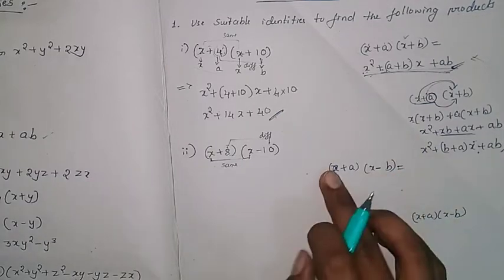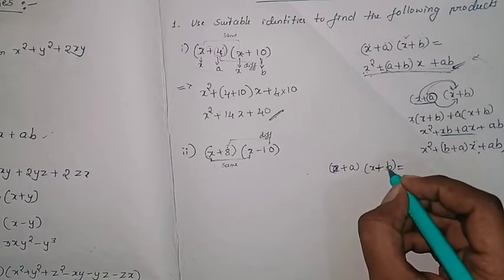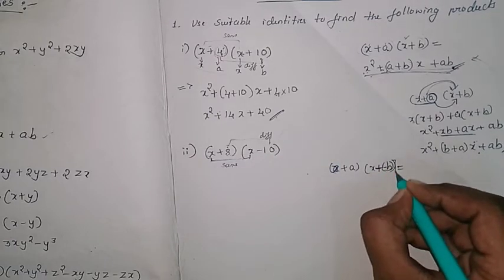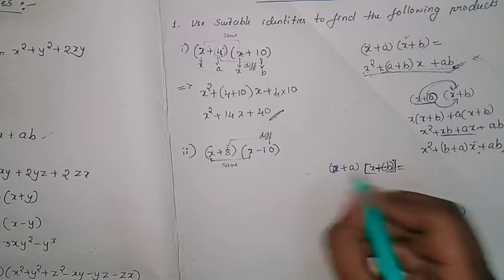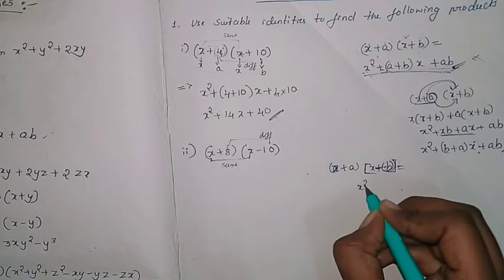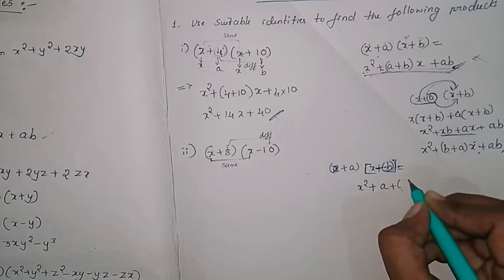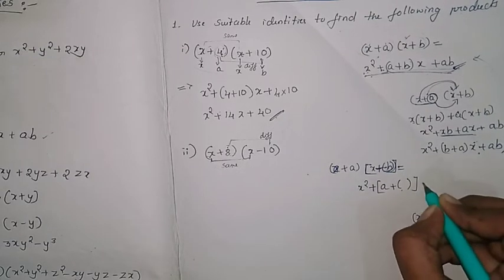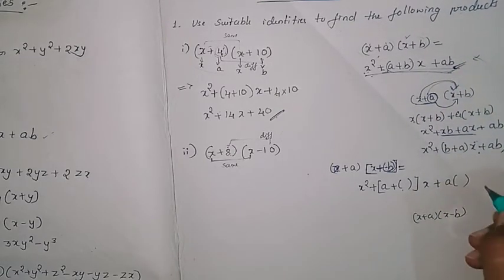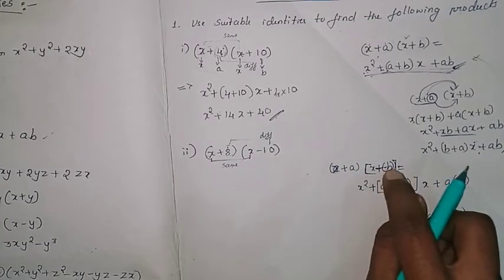Otherwise, one thing you can do: as you know the x plus a and x plus b formula, what I will do is, as they have given minus b, I will keep this one in a bracket. Okay. Then this minus b term I will take as it is. So what is the formula? It is x square plus of a plus, wherever b is there I will make the bracket there, okay? b, x plus of a, as b is here, so I will create the bracket for that. Why have I created it? Because the value of b is minus here. So here I have considered minus.